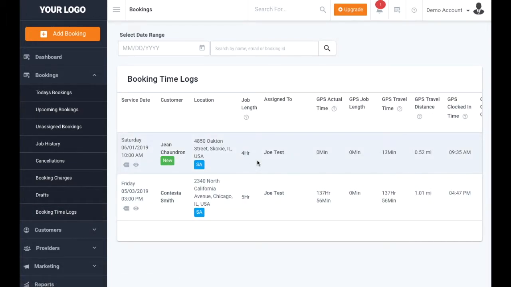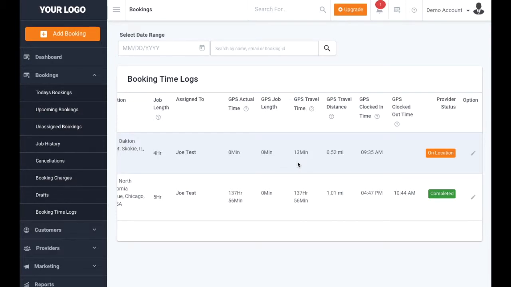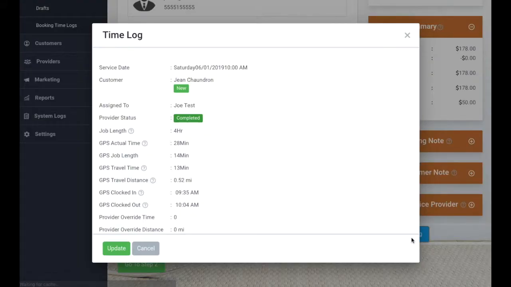Once your provider has clocked out and recorded any additional information, you'll be able to see the completed log in the Booking Time Logs section, or you can open the Job Details section. This information includes the provider's status, such as clocked in, at location, or complete; job length, or the length estimate you or the system created prior to arrival; GPS actual time, or the total amount of time tracked, including travel time and job length; GPS job length, the total amount of time spent on location;